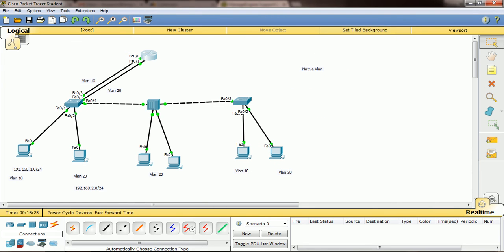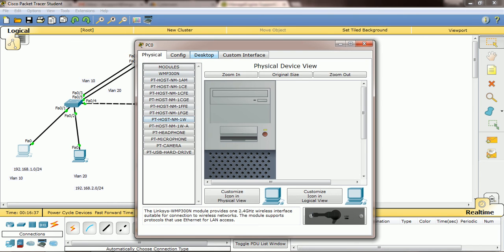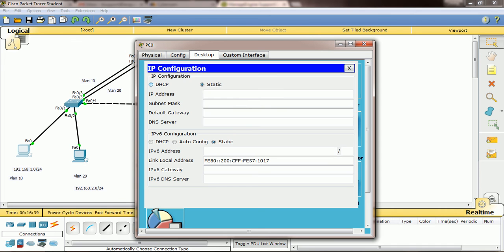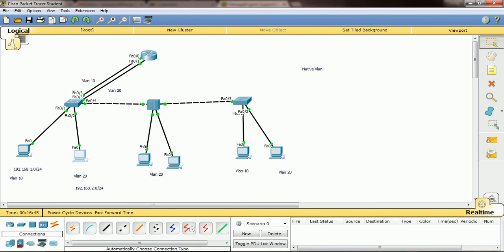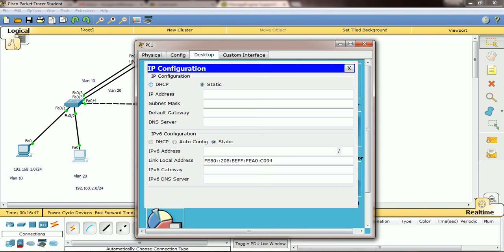So closed. You can ask the question, from which VLAN will these machines get the IP? See, that is what we are using the native VLAN. You will know easily this is assigned as VLAN 10, then it will get the IP address from the 1.series, right? Yeah, see, it's got the IP address, and even this also got the IP address from the 2.series, right?